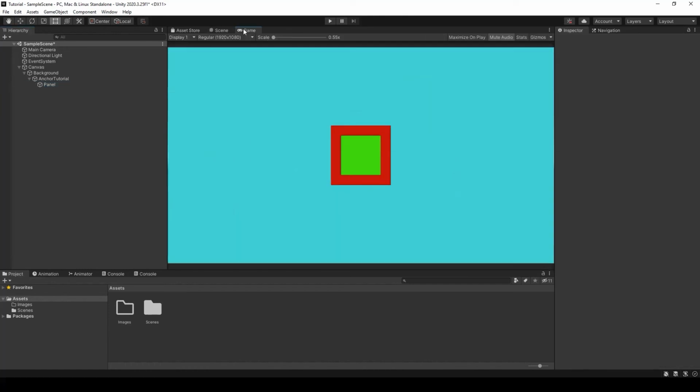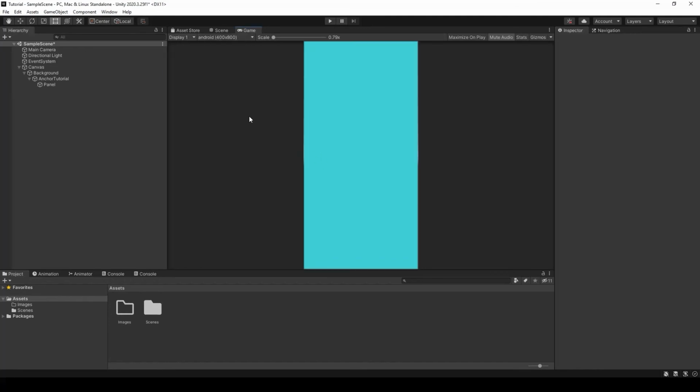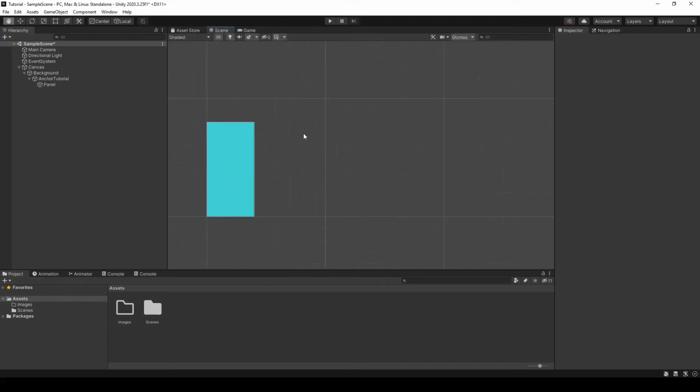Now, if I change that aspect ratio again, you'll see now that it's not even on screen anymore, right? And this is something to be really careful of. So your anchor, when you change the aspect ratio, is also going to move your objects accordingly to fit them into that aspect ratio. So since I anchored it to the top right, if we go back to scene view,